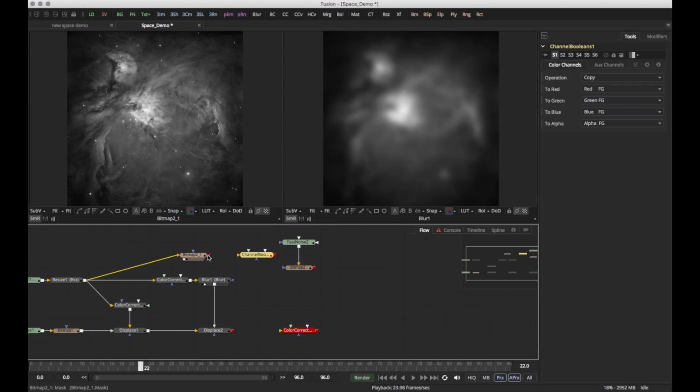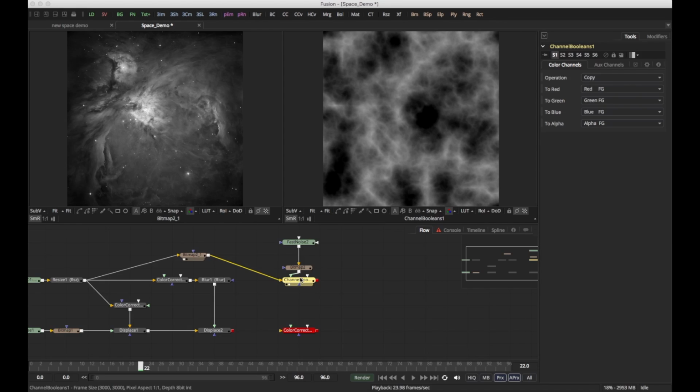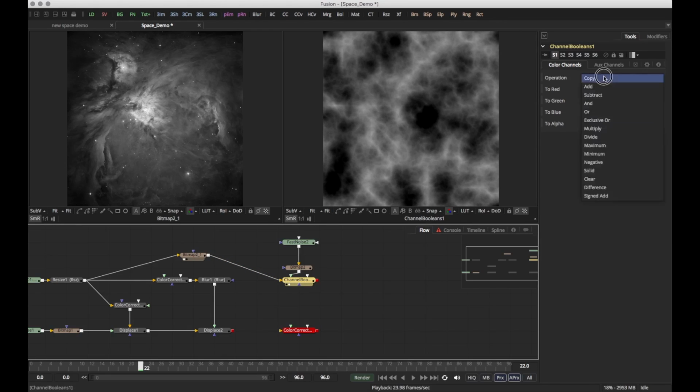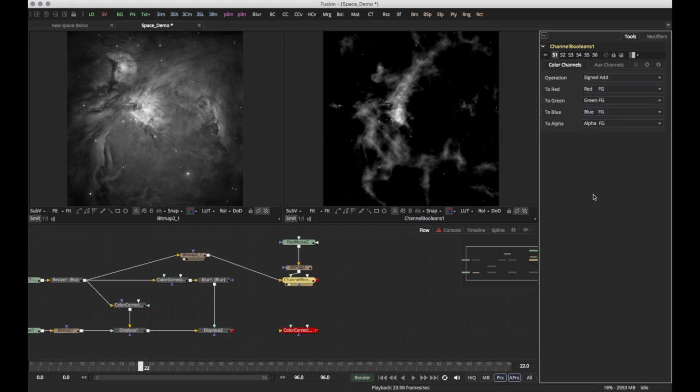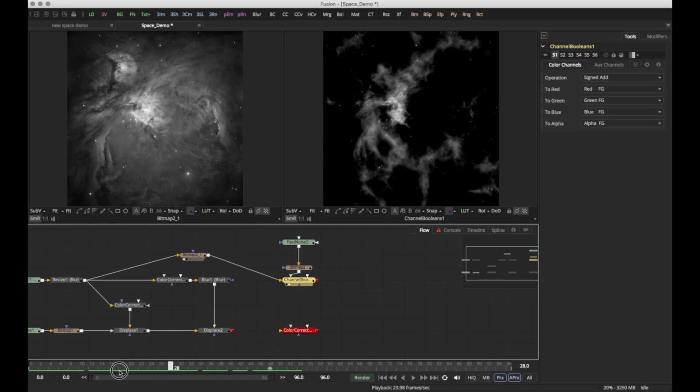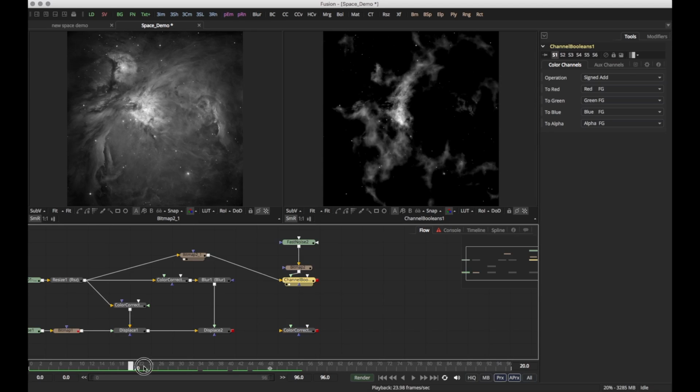Okay, so we're going to take our bitmap that is from our image. We're going to drop it into the channel booleans background. We're going to take our fast noise. Let's bring this down here. And we're going to drop this into the foreground. All right, so let's look at what we have here. So what we want to do is we want to take our operation and go to signal added. So now what we've done is we've pretty much